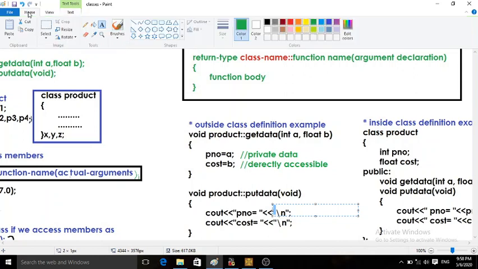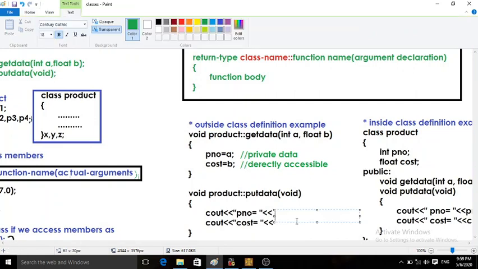So here I want to print pno equals, so I edit some part here. I will print the value of pno, so pno equals, cascading output of pno.